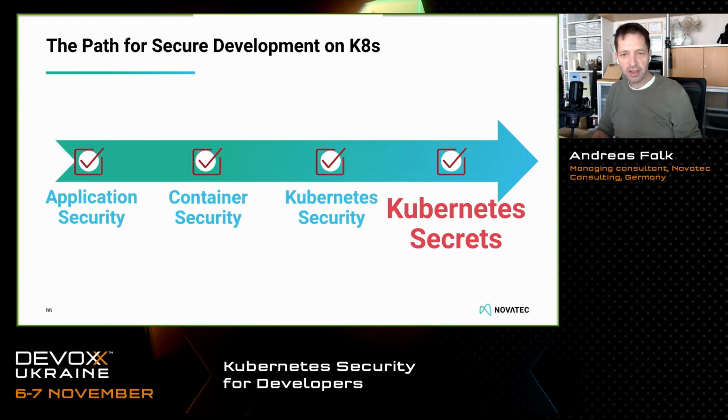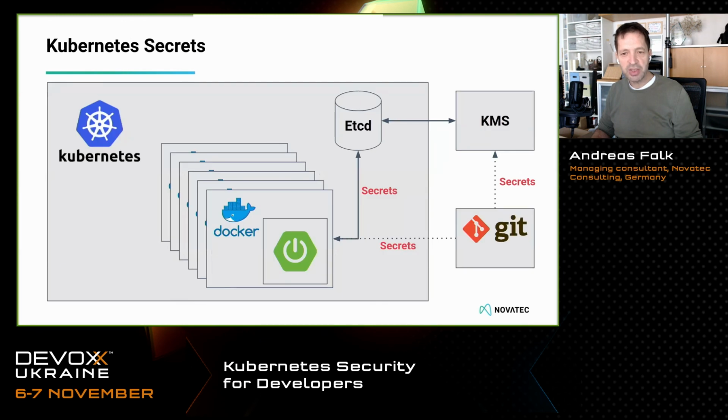The last part I will go through quickly is the Kubernetes secrets part. So how to deal with all credential secrets on Kubernetes. It's not only a problem of Kubernetes, but also how to do that in your development environments. A lot of people also put secrets in clear text in their Git repository, which is also a bad thing. The good news is that you can use Google key management systems for both parts, for Git repositories and also for Kubernetes, to solve the problem.